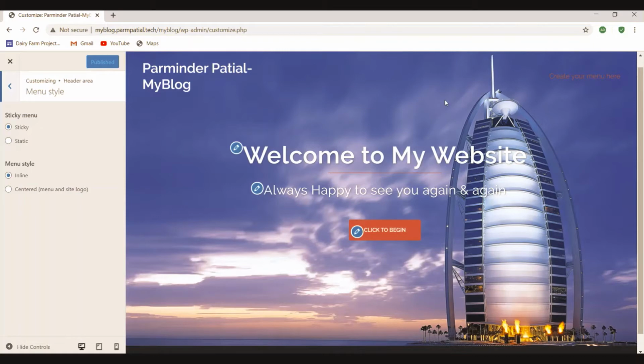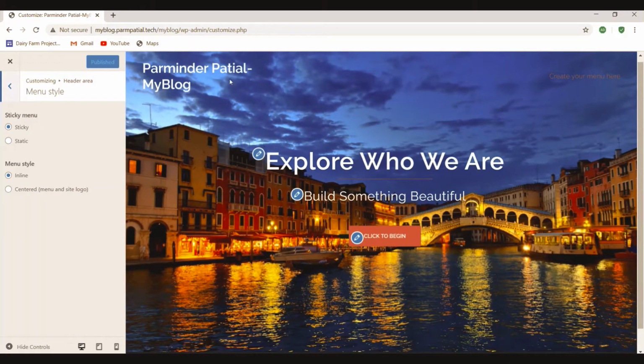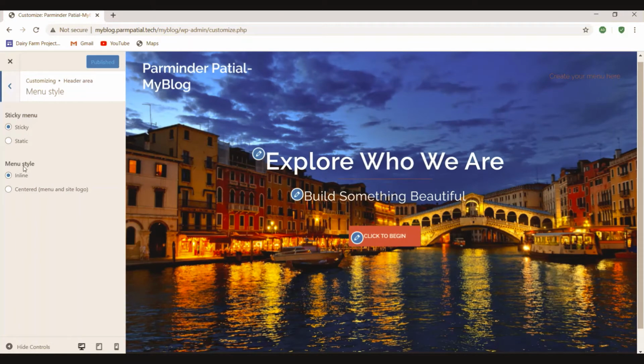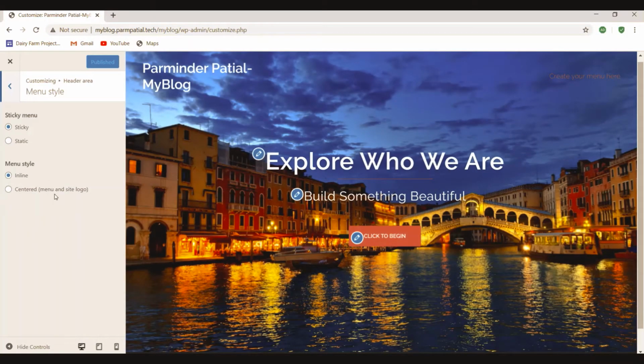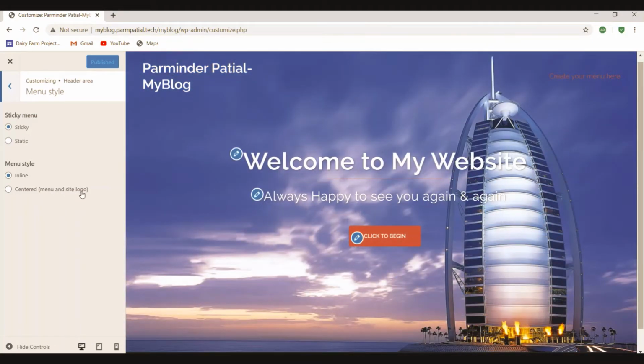Static menus are menus that will disappear when we scroll up and down, and sticky menus are menus that will stick at the header area as we scroll up and down in the page. Then comes the menu style. In this theme we have two options: inline, and centered menu with site logo.